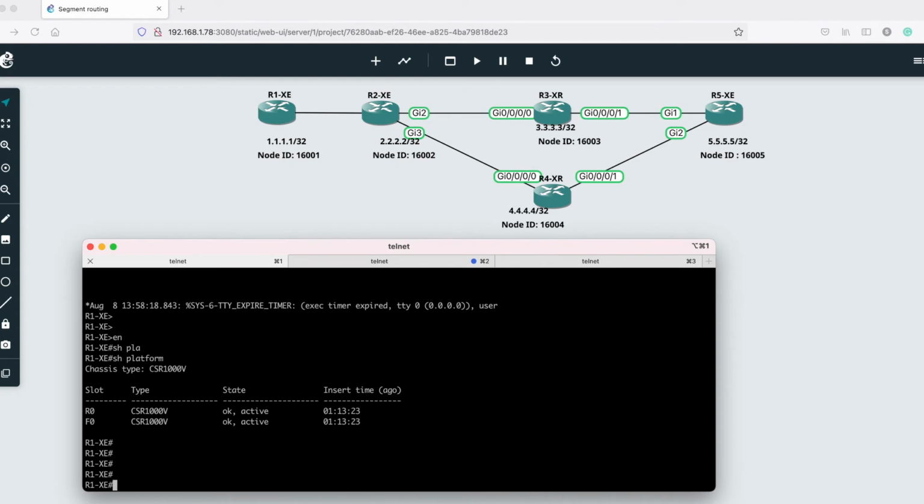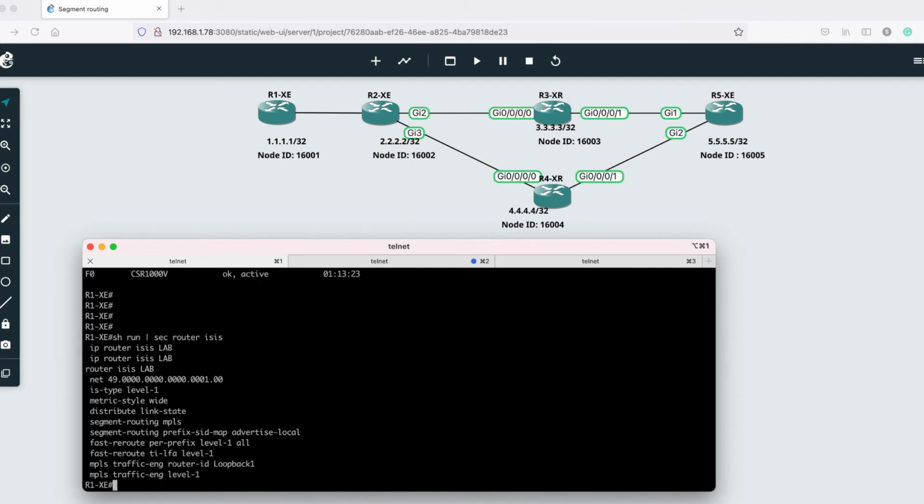So let's quickly see what configuration I have on these devices in order to make basic segment routing work between the nodes. For that, first of all, let's see the configuration of router ISIS. Definitely you need to have ISIS or OSPF configured between the nodes.